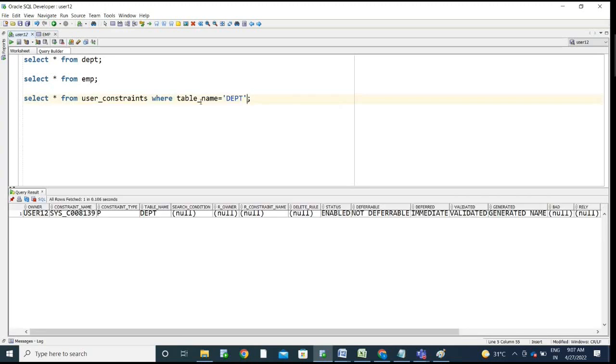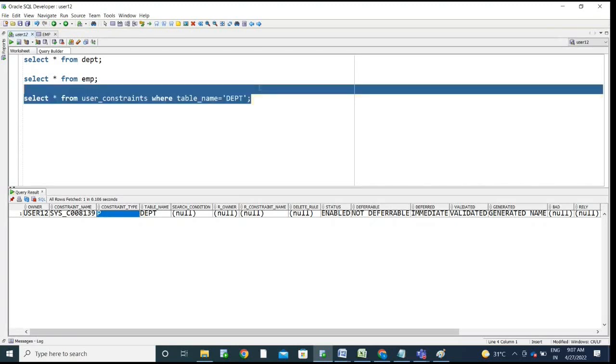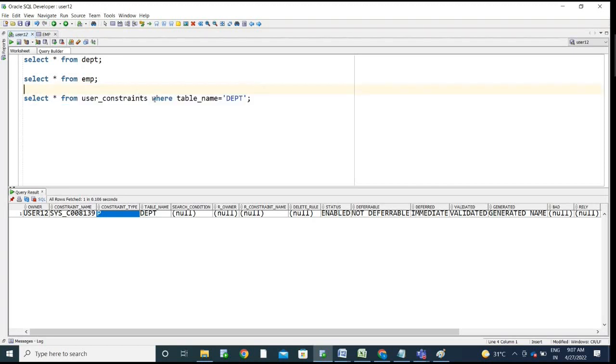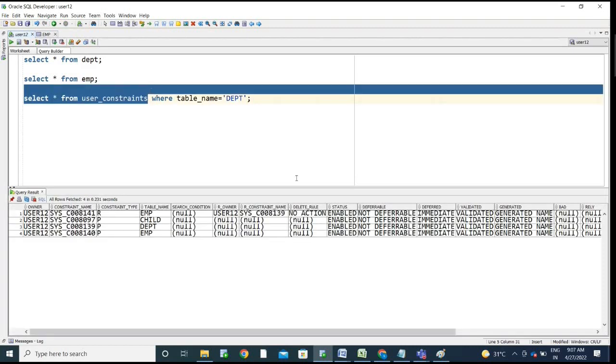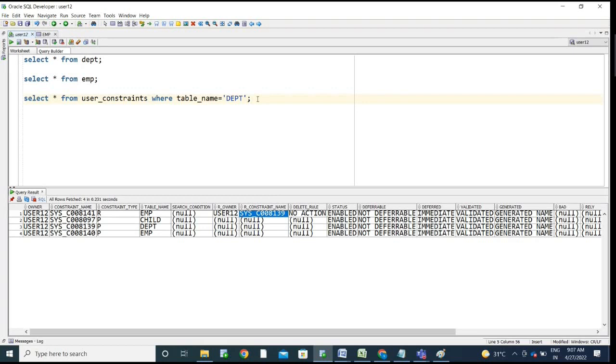Okay. So now see here, you are not getting any information, right? So we are getting simply a primary key. This table is having the primary key. So if anyone is taking the reference of this table, check in user_constraints with reference constraint name. See, the constraint type is R. Okay, see here in this case, this constraint name is C. Okay, so if you see,